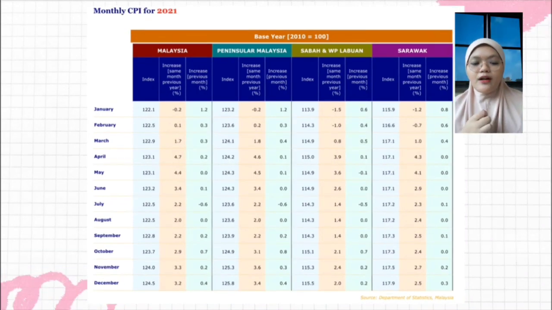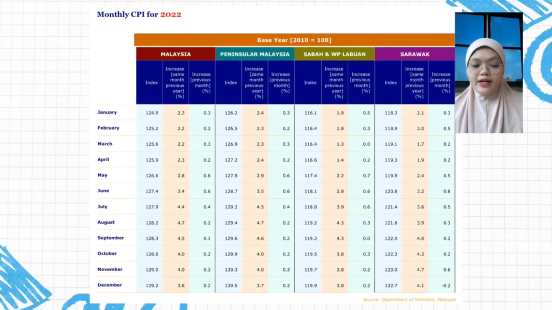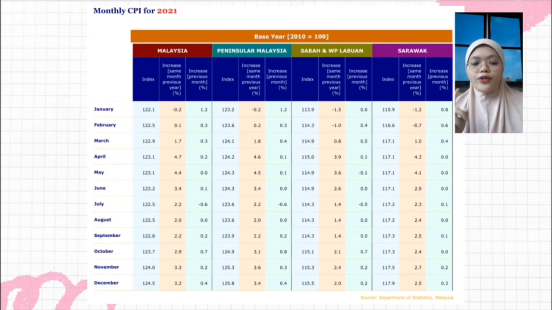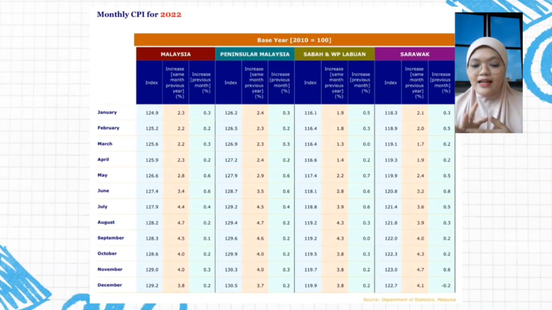Next, we're going to move to the next data, which is 2021. The record is still the same from January until December, but based on the index, it's increasing from 122.1 to 124.5. But the percentage change from the previous month is decreasing from 1.2 to 0.4. So next, the last data, which is 2022. From the data, the index is increasing from January to December, which is 134.9 to